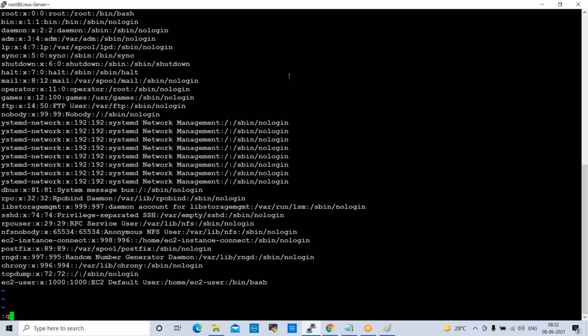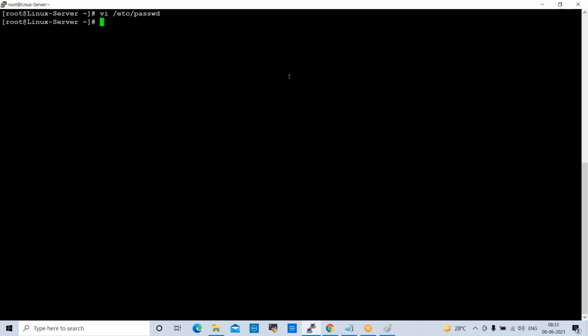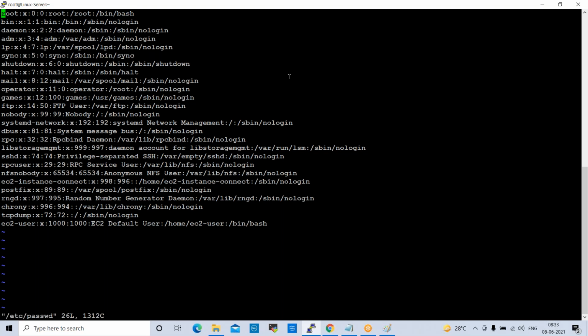And if you want to come out from here, we need to use the exclamation mark also, because when we modify this file, it will not allow you to come out normally. So we need to come out forcefully, using shift colon q, exclamation mark. Now the file is not saved, so I came out from the file. Now I want to open it again. Now this is the original file.